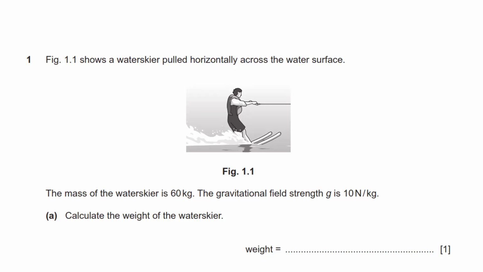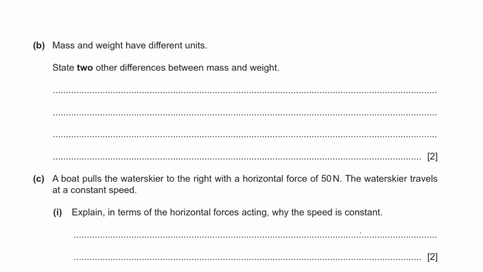So now we have to calculate the weight. So we know that weight W is equal to mass times the gravitational field strength. So mass is 60 kgs multiplied by 10 newtons per kg. So kg cancels. This comes out to be 600 Newton. So the weight is 600 Newton. Okay. Next part